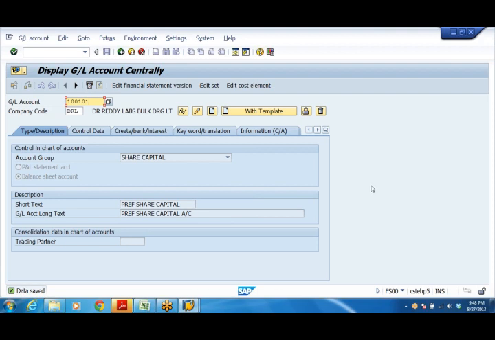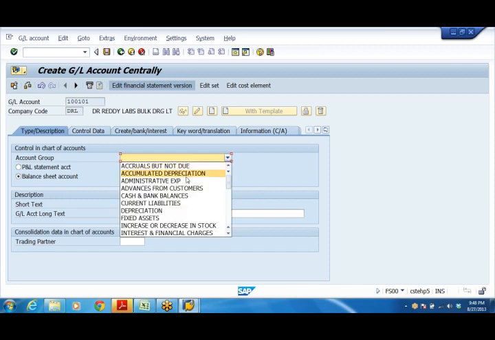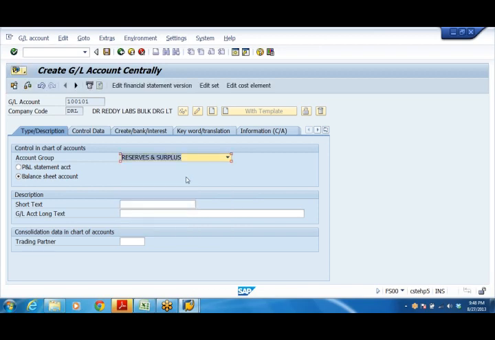So create retained earnings account with this. Click on create. This is a balance sheet account. Retained earnings account is nothing but a balance sheet account. Many people think that retained earnings account is a profit, so it should be a P&L account. But it is funds belonging to the shareholders. That's why this is not a P&L account; it is a balance sheet account. So here select reserves and surplus, because under this group we have created reserves and surplus balance sheet account.